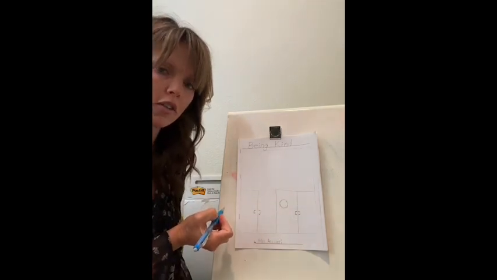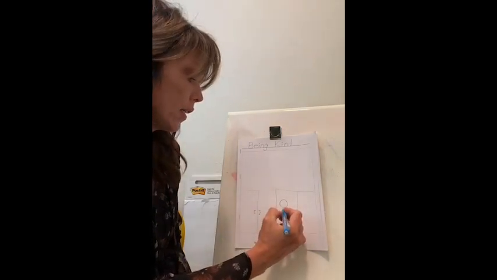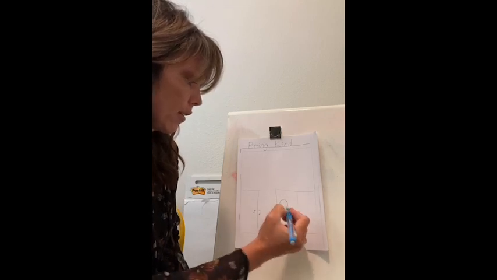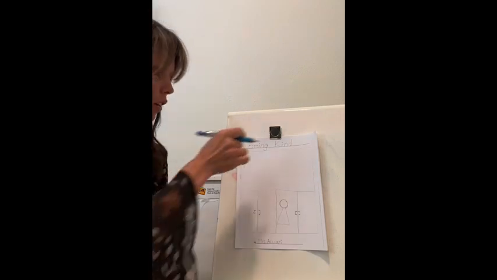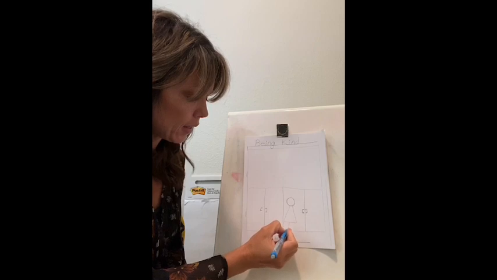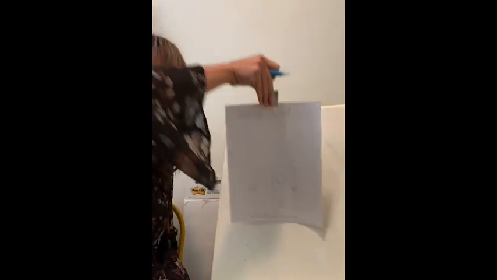Okay, so draw a circle for the head. And then for my body today, I'm going to draw a triangle because it'll look like a dress, okay? So there's a triangle for my body, so it looks kind of like a dress. So if you want to do that on your own. Okay, and then, of course, my legs. And I have 2, so we need to make sure we have 2 legs, right? Okay, so go ahead and draw the legs.